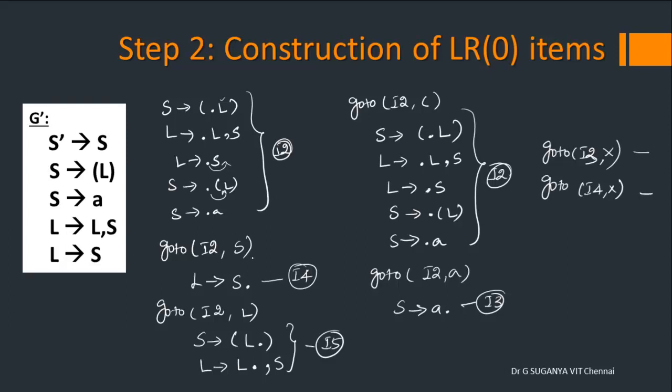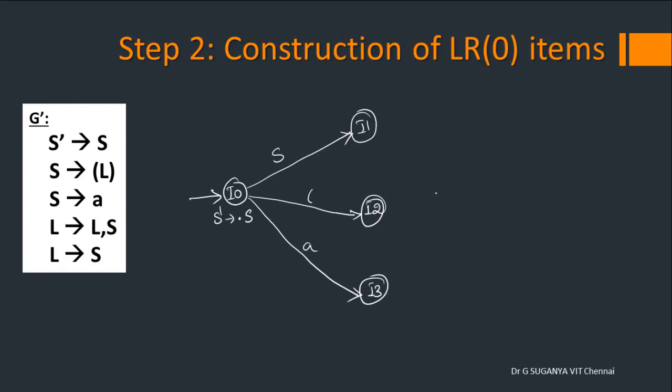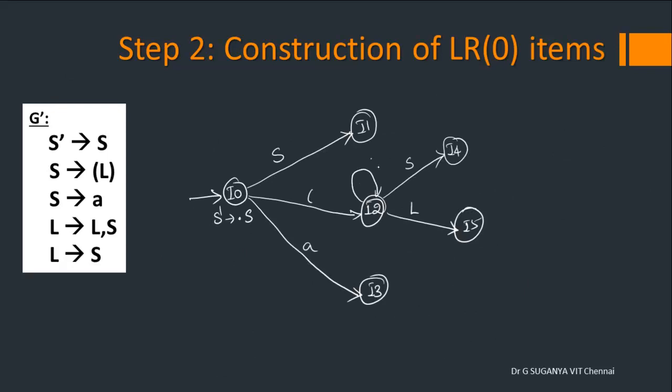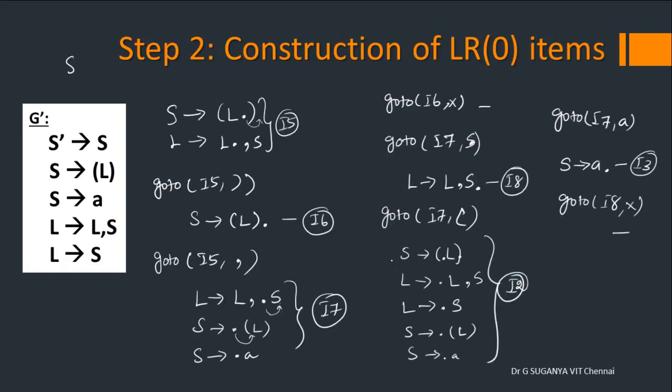So from I2, if you take S, you can move on to I4. On L, you can move on to I5. And then left bracket to I2, A to I3. There are 4 transitions, all that we have to draw. So from I2 on S, you have the transition to I4. On L, you have the transition to I5. From I2, you can see here on left bracket it is to I2. Source and destination states are the same, so it is just a self loop. This is left bracket. And on the application of A, it is to I3. Okay, so till that it is done.